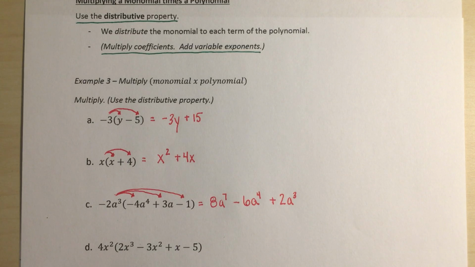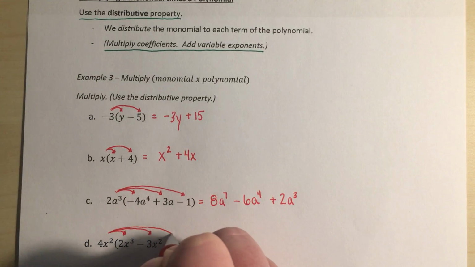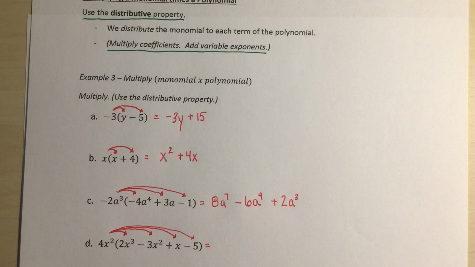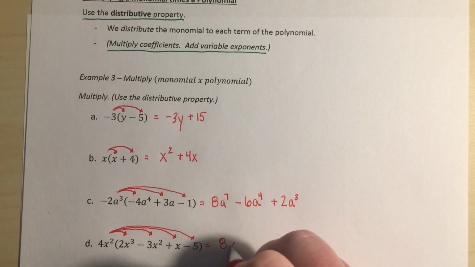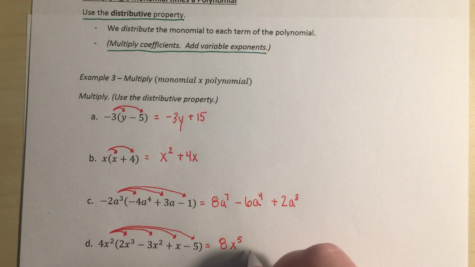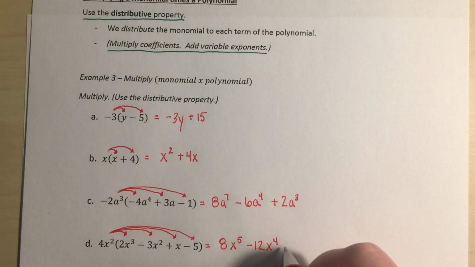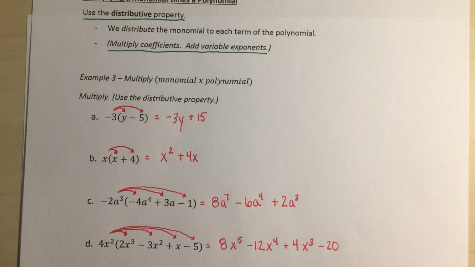All right, one last example. Again, we're going to distribute to all three terms inside. Oh, excuse me, 4 terms. All right, so with our distributive property, we distribute to as many terms as we have inside. So 4 times 2 gives us 8. 2 plus 3 for our exponents is going to give us an x to the 5th. 4 times -3 is going to give us a -12. 2 plus 2 is 4. 4 times 1 is going to give us just a positive 4. Our exponents, 2 plus the invisible 1 on this x, is going to give us x cubed. Positive 4 times -5 is going to give us a -20. And then again, we don't have a variable on our 5, so we're just going to carry that x